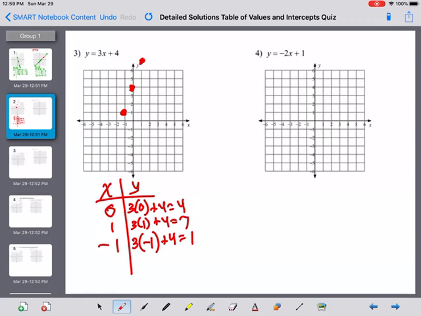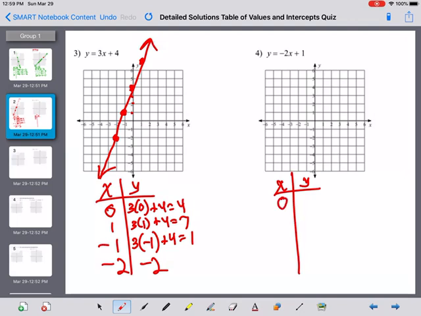And then you can see, you could actually continue this pattern of going down 3 and left 1. And you would actually see you would generate the next solution, which is -2, -2. We'll talk about that pattern this week, which is called the slope. So there's number 3. And then number 4,